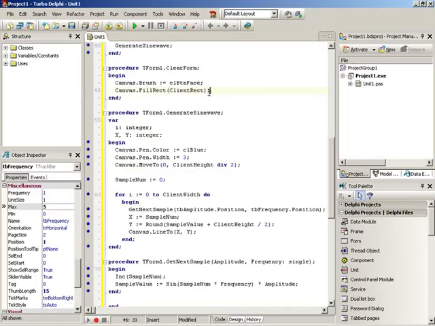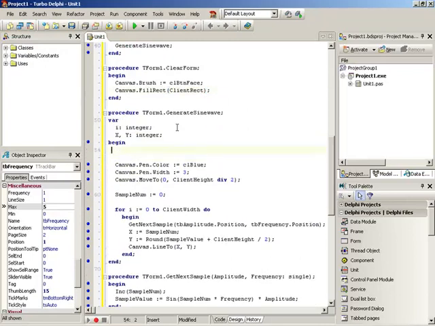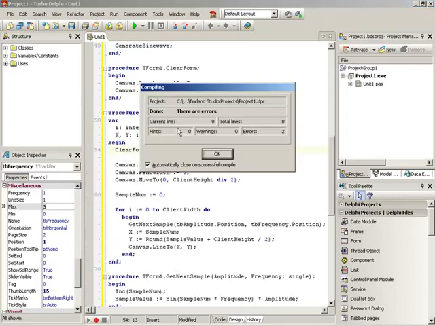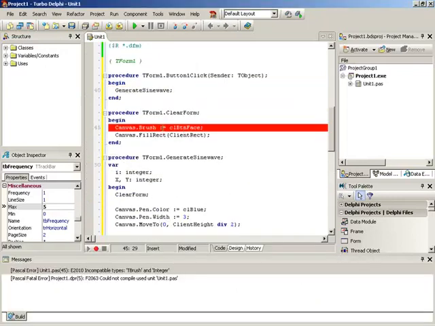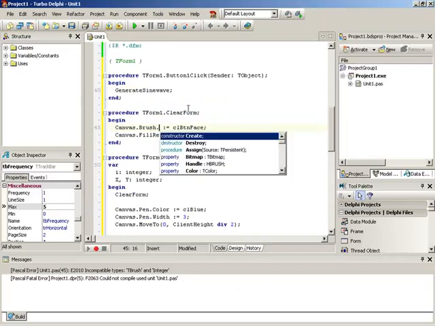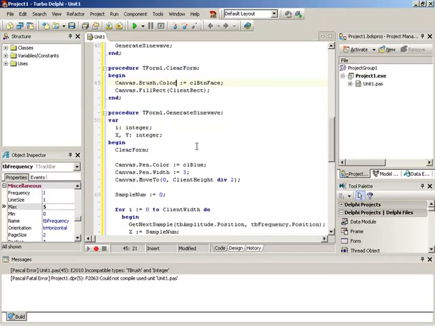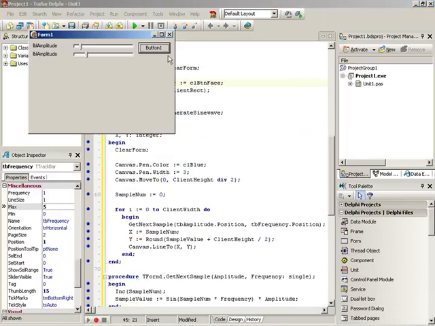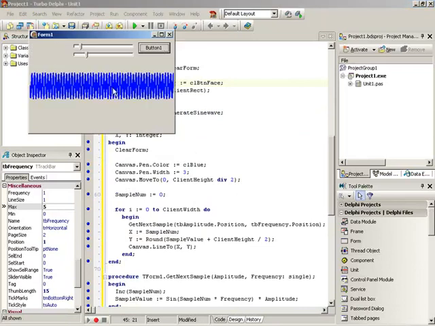And that should redraw everything to gray. Now, back in our generate sine wave, we can begin the entire thing by having it clear the form. And I have, let's see, what do we have? CLBTN face. I was saying the brush. The brush has the color. It's not the color. Now we can compile, and when we generate, we have our wave, but now we've erased